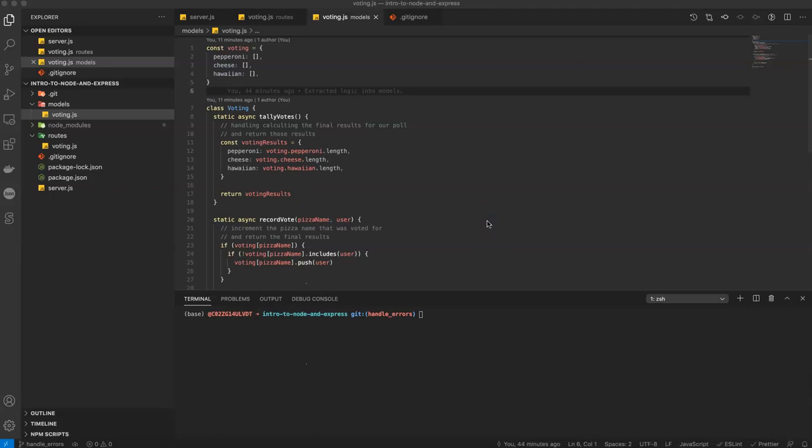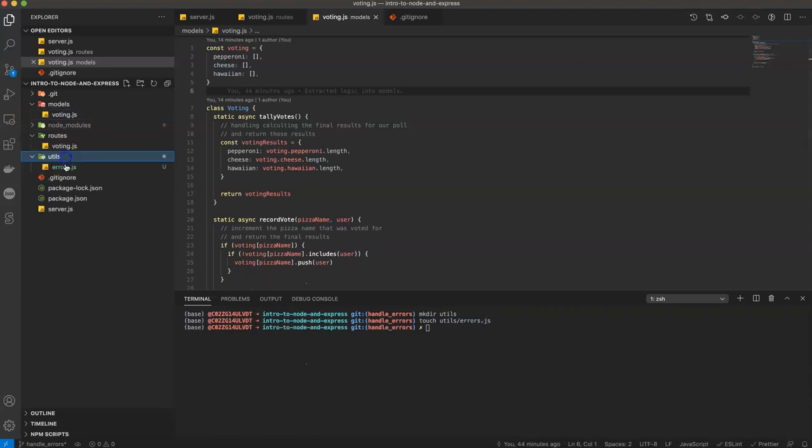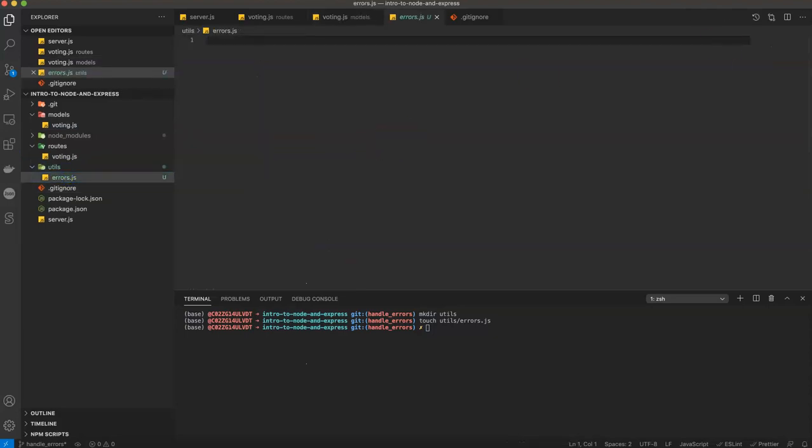Now, to handle errors properly, we're going to need to do a few things. And the first one we should probably do is create some kind of file to hold the different types of errors that we might encounter in our application. So let's go ahead and create a utils directory. And then inside that utils directory, let's touch a utils/errors.js file. Now, this errors.js file is going to handle any errors that might come up in our application, but